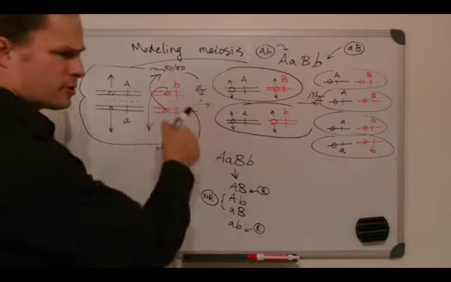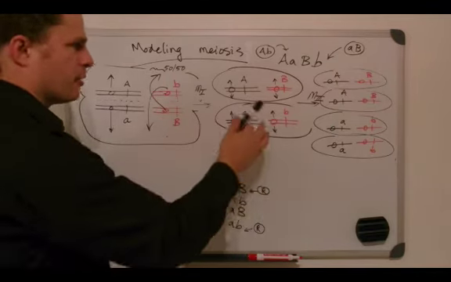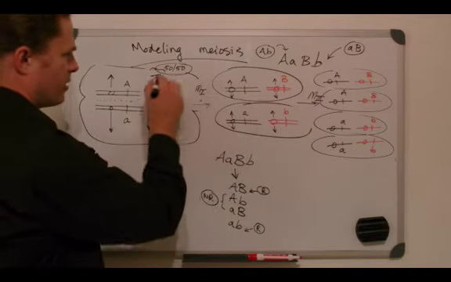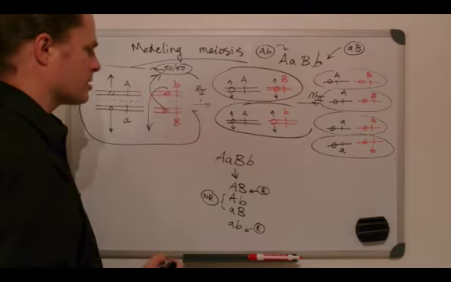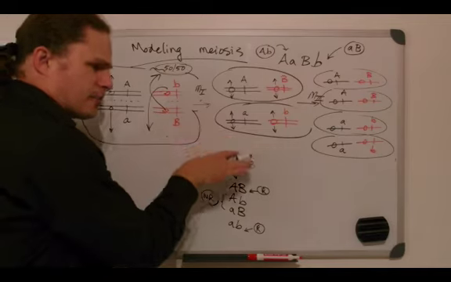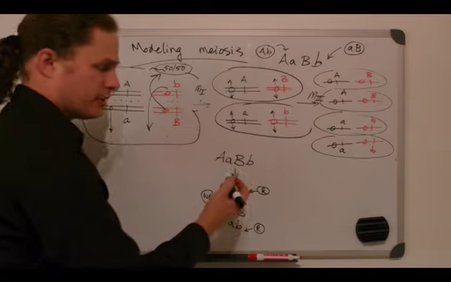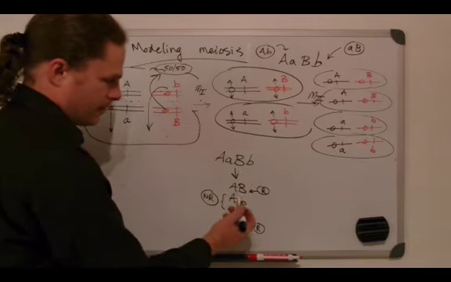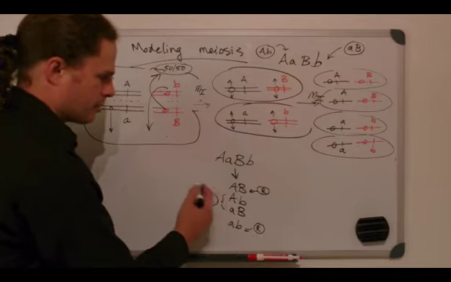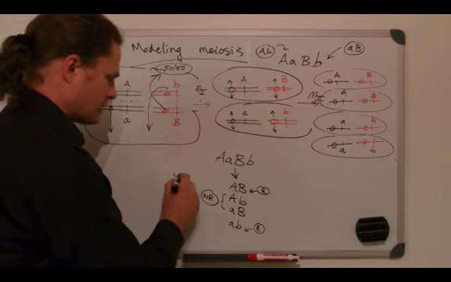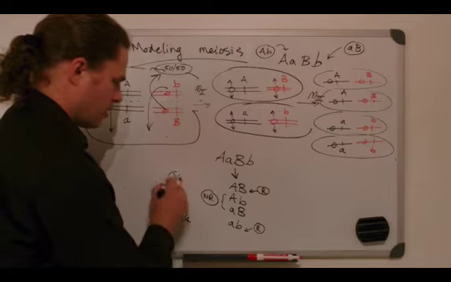In the case of independent assortment, we've just drawn the meioses that produce the different possibilities, and they're equally probable because this is a 50-50 event depending on the segregation patterns. It's 50% chance of either possible pattern. So a summary of all the possible gametes that come out of this dihybrid in the case of independent assortment is to say, based on probabilities, that each of these have an equal probability. So if we were doing probabilities again like what we were doing before, we would say that each product of meiosis has a 1 in 4